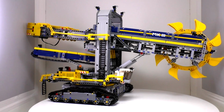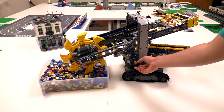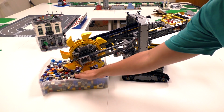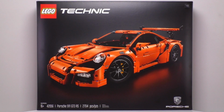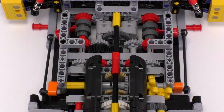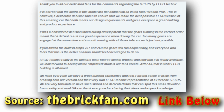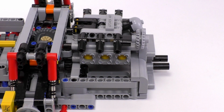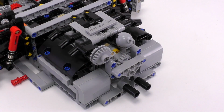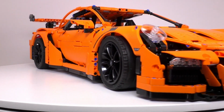Namely, the bucket wheel excavator was just too big for the motor to really have any of those motorized functions work very effectively, particularly the scooping function, and the Porsche was probably one of the most technically savvy builds that anybody has attempted within a LEGO set, but the out-of-sequence gearbox within the instruction manual was kind of a ding, as well as the fact that you cannot see any of the cool internal functions on the inside of the Porsche. You pretty much just have to tell people about it,